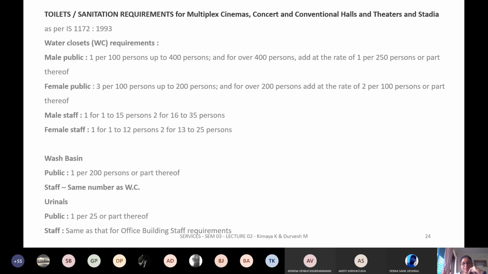Now here when you talk about the wash basin for a public, it's 1 per 200 persons. And then you keep adding them. The staff, same number as WCs. So generally what we do is, the thumb rule is how many pots you've designed for, you give so many wash basins. The best is all of you will have the memory of your mall toilets or the theaters. So you know the array of wash basins that are lined up in whichever malls you go to. Public is one per, so urinal is one per 25, and staff it will be the same because it's the fixed population again.